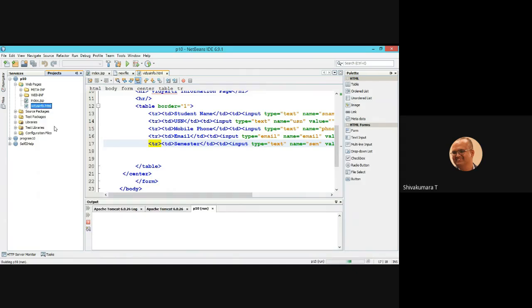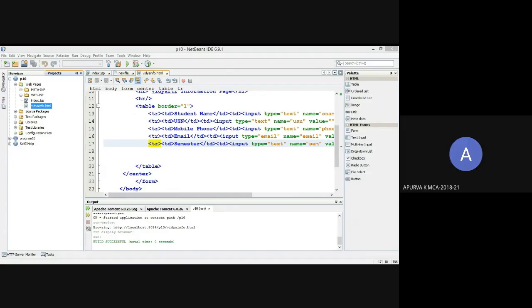See how your page looks like. Is it visible? Browser is visible.